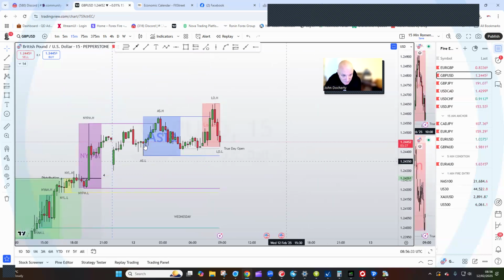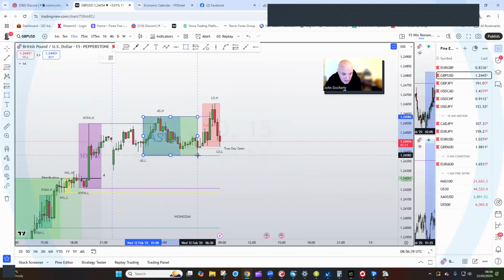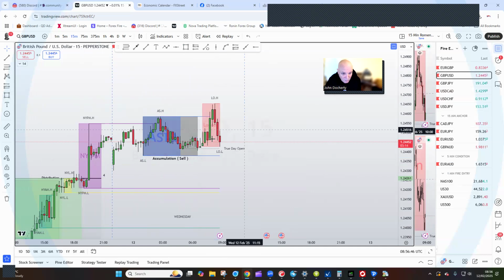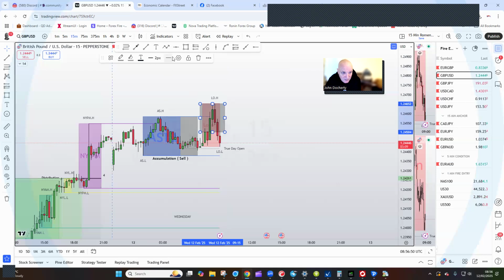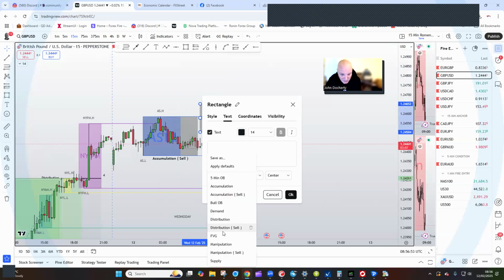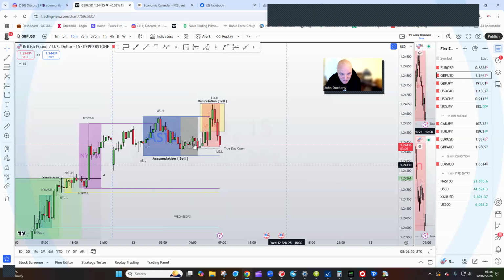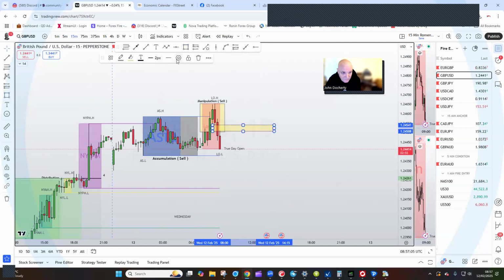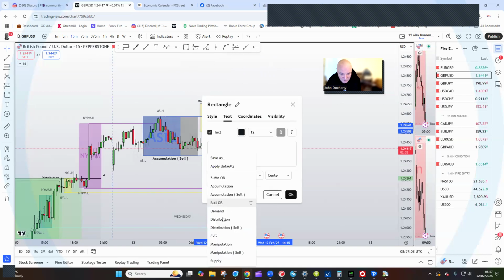Again, guys, look at this. This is an absolute beauty, this one. Accumulation, okay? So we've got an accumulation sell point. We've got manipulation, okay? And I need to do this a little bit quicker because it looks like it's setting up. That's the manipulation. We've got an FVG right here, okay, which could get tapped into,